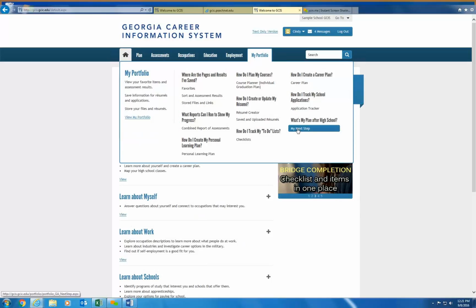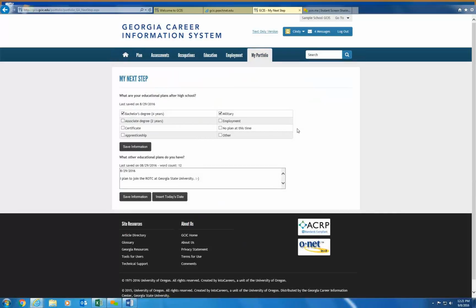Click on My Next Step, and I'll have an opportunity to select from 8 options what I plan to do going forward. I would click Save Information, and the 12th grade milestone report is pulling from this top area.